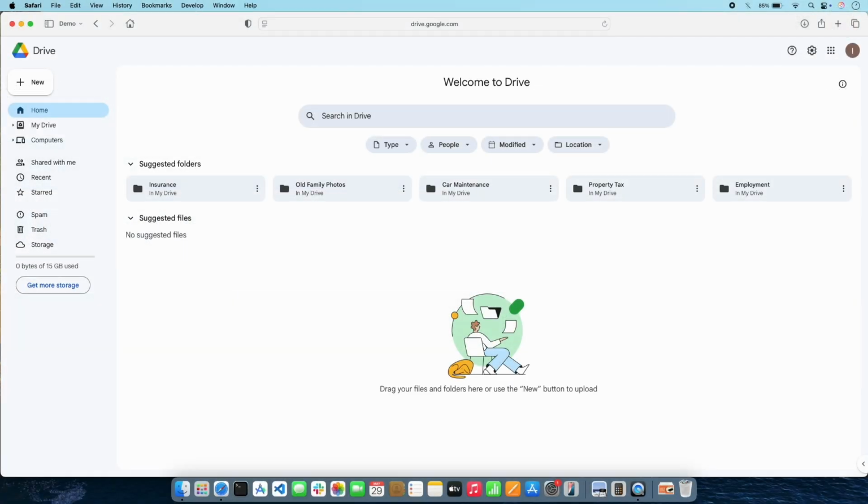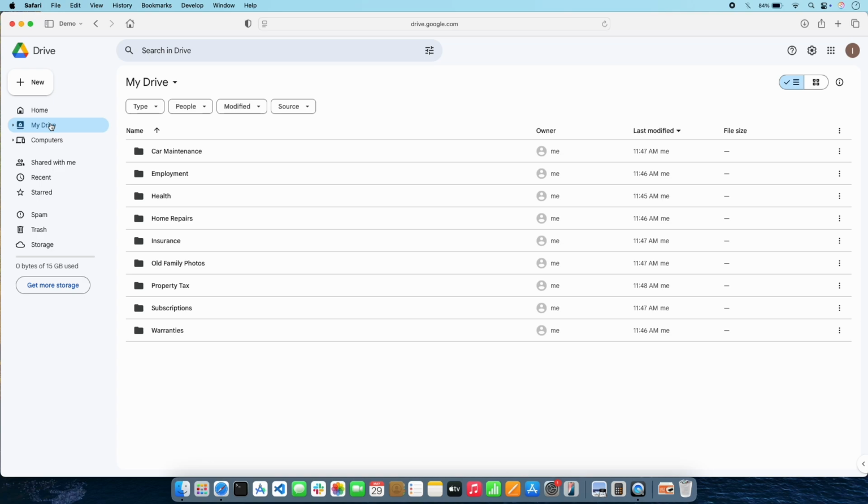Once you've arrived at the Google Drive site, you might first see a summary of the folders and files that are in your Google Drive. Or, if your Google Drive is completely new and it's currently empty, that's okay too. Before uploading a file, it's a good idea to go to the My Drive section. Google Drive organizes files like a file manager on a computer. Folders can be used to group and organize files. Here you can see that I've already added some folders to categorize the household documents I'm storing in Google Drive.